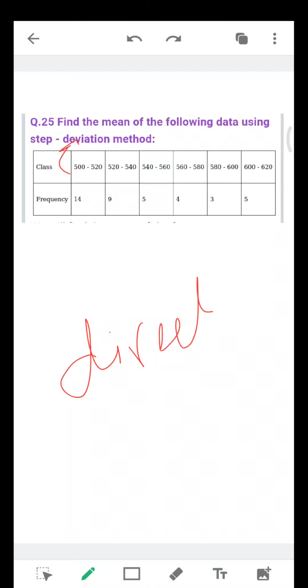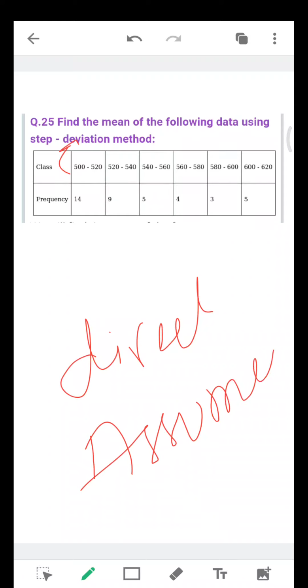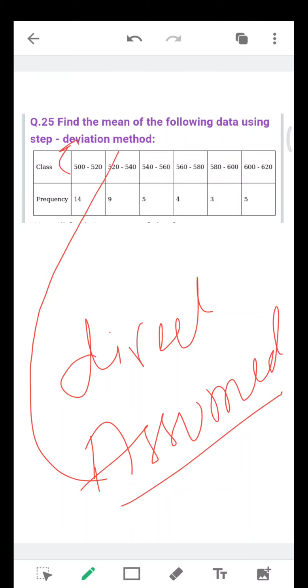Now step deviation method will be very simple for the students who have done assumed mean, that is session 3. So it is just one step ahead of assumed mean. Those who understood assumed mean can easily do step deviation method. So let's begin. To begin with, I'll first take this question